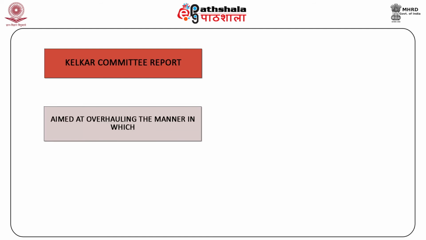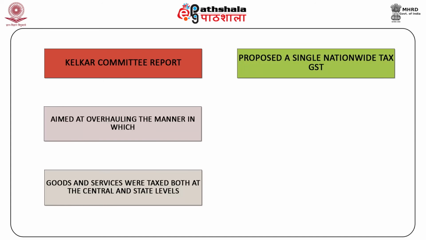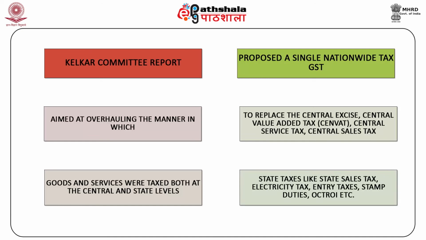the manner in which goods and services were taxed both at the central and state levels, taking in consideration the various distortion in the existing indirect tax structure and the flaws in administration. The Kelker Committee proposed a single nationwide tax called Goods and Service Tax to replace the Central Excise, Central Value Added Tax, CENVAT, Central Service Tax, Central Sales Tax, and state taxes like State Sales Tax, Electricity Tax, Entry Taxes,